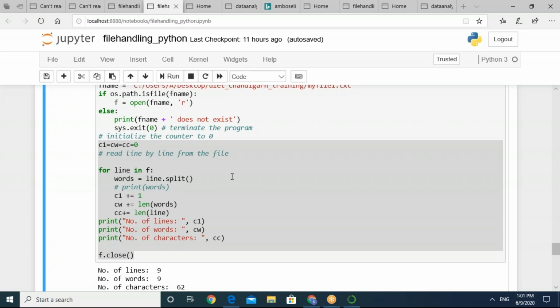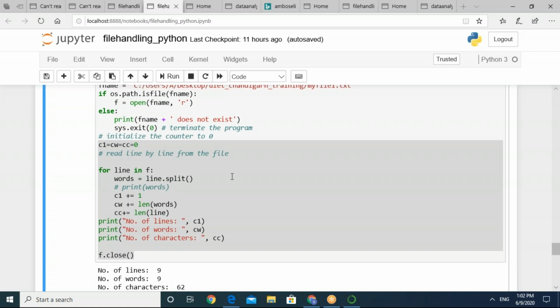तो हमें वर्ड्स पता लग जाएंगे, काउंटर इंक्रीमेंट हो गया। उसके बाद हमें क्या करना है नेक्स्ट स्टेप, I want to know the characters. तो पहली लाइन जो भी अभी रीड हुई है फाइल से, उसमें कैरेक्टर कितने हैं वो हमें कहां से पता लगेगा, लेंथ जो हमने लाइन की कंप्यूट की है यहाँ पे, not words. Words is a list of words, line is the complete line in your file. तो उसकी आप लेंथ कंप्यूट करोगे तो सिंपली आपको वहां से नंबर ऑफ कैरेक्टर पता लग जाएंगे।